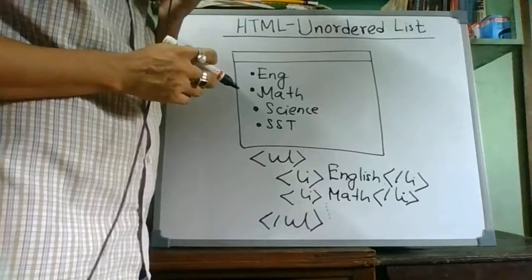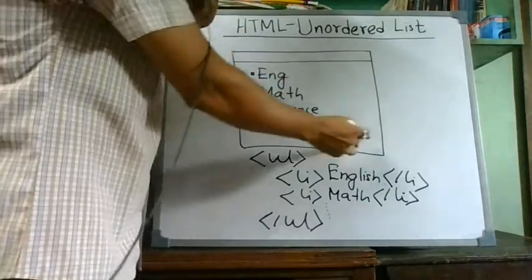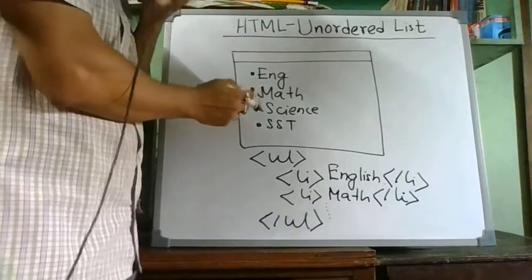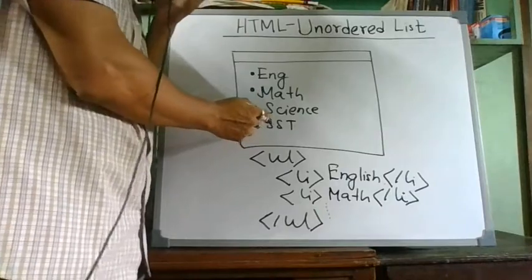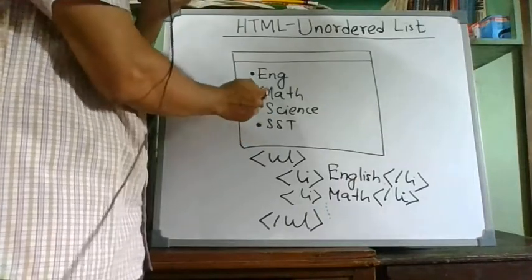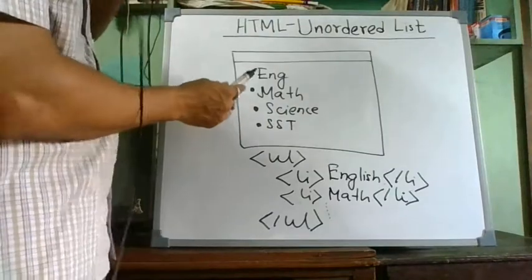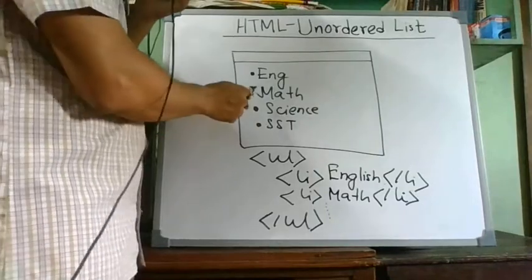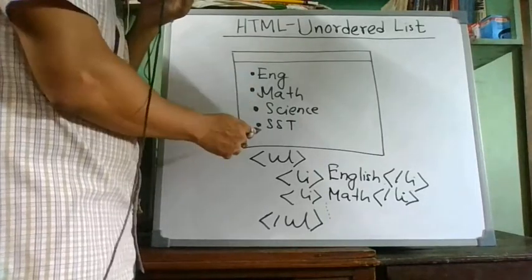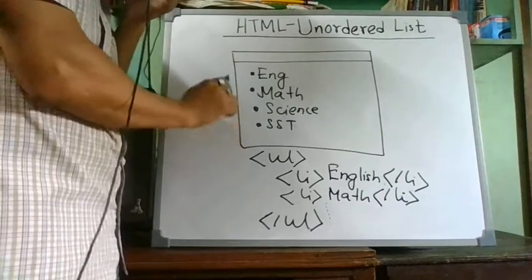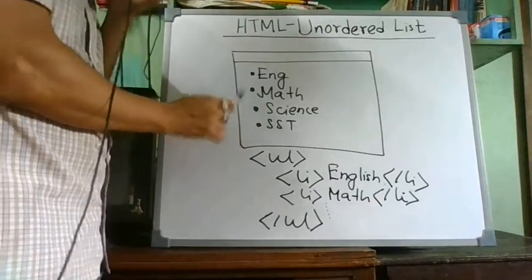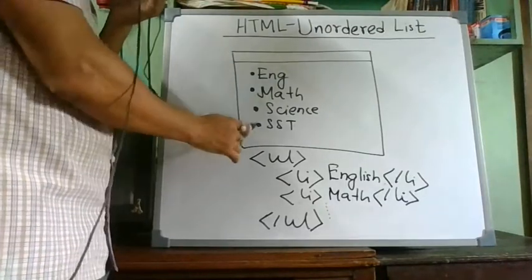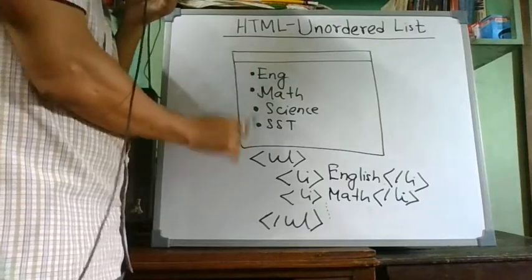What is an unordered list? Suppose it is a web page. In this web page you are displaying a list of your four main subjects: English, Math, Science and SST. But the list has bullets, not an index like 1, 2, 3, 4 or A, B, C, D. So a list which starts and continues with bullets, not with index values, is called